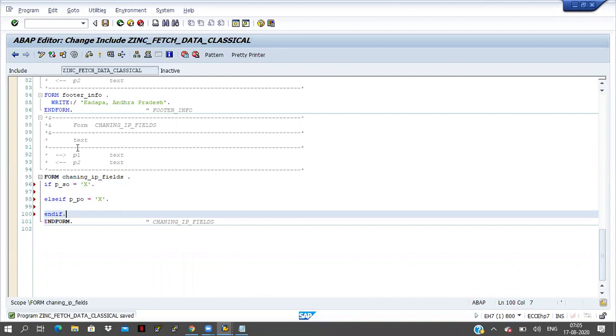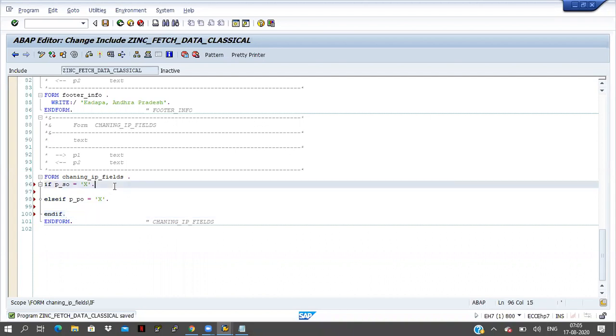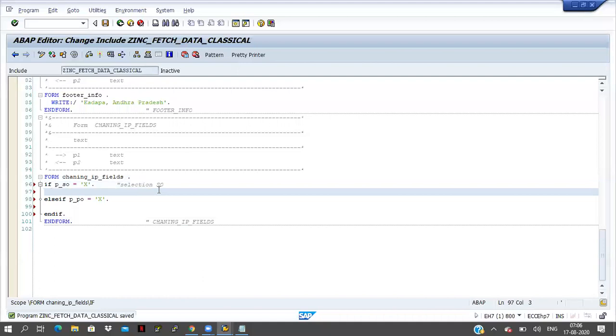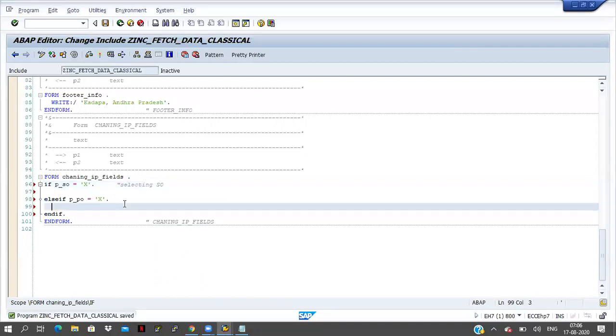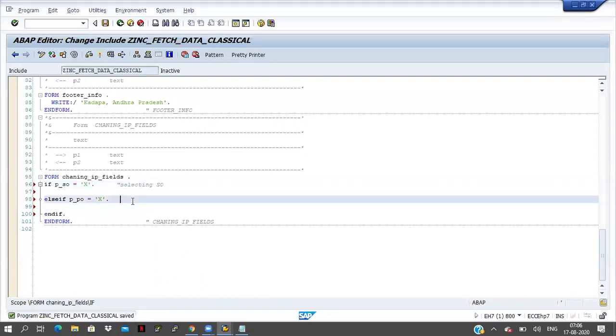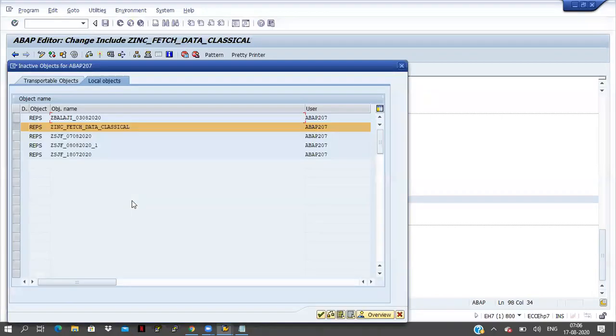End if. Two things are coming: selecting the sales order, and selecting the PO, purchase order. Save it and activate it.